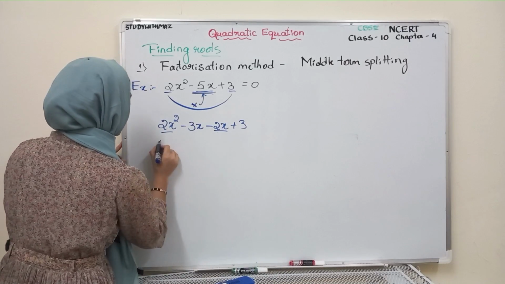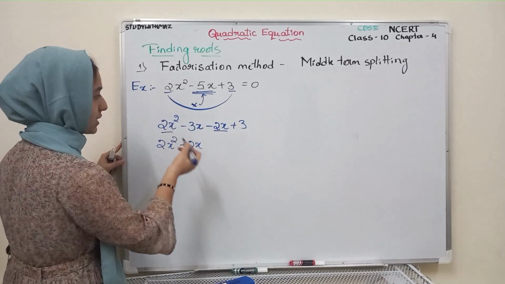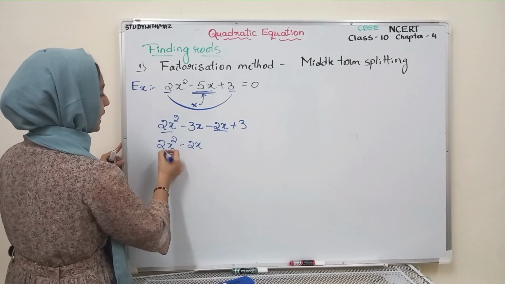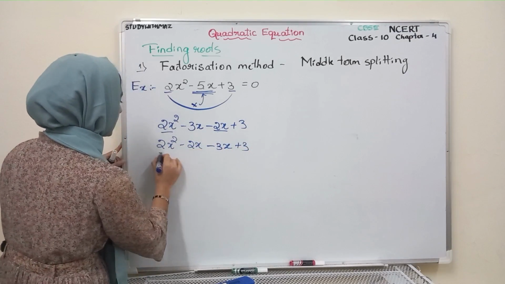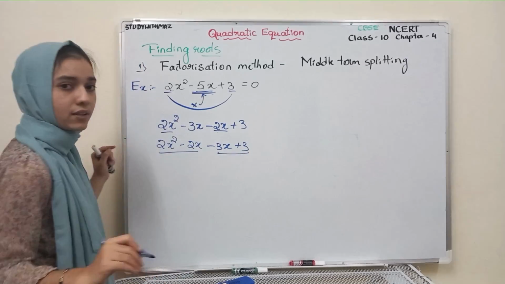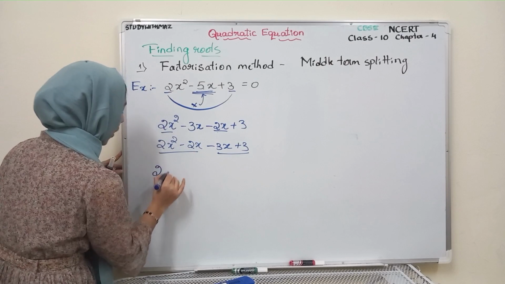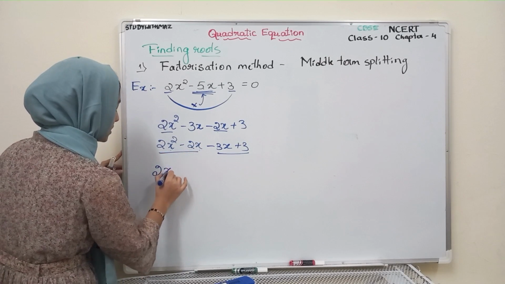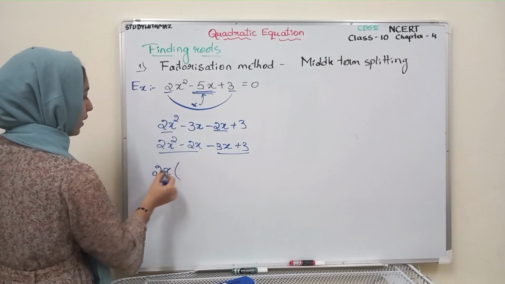So I will rearrange this equation 2x square. Nothing will happen if we keep it as it is, but if we take this term with this, easily we can take 2 common outside. That's why I have rearranged this like this. So this is one group now, this is another group now. Now in this 2 is common, take 2 outside. x is present in this also, x is present in this also. Take x common outside. So already 2 went outside and 1x went outside.